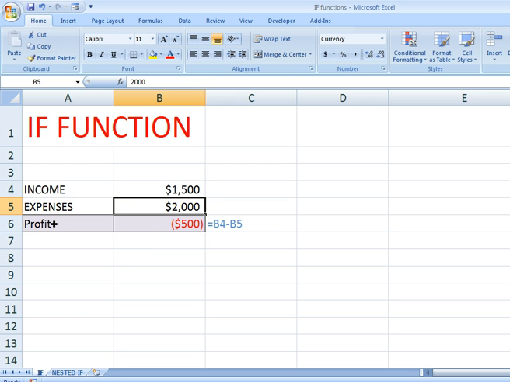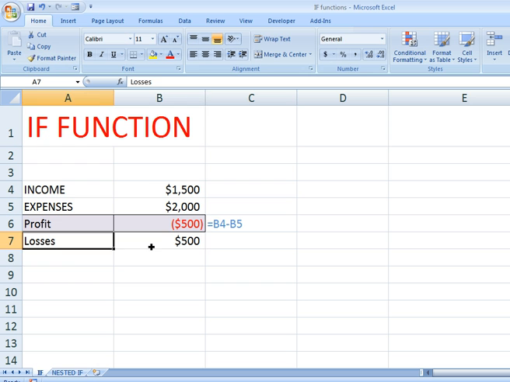I want that whenever my income is lower than my expenses, I see losses here, and whenever it is higher, I see profit.